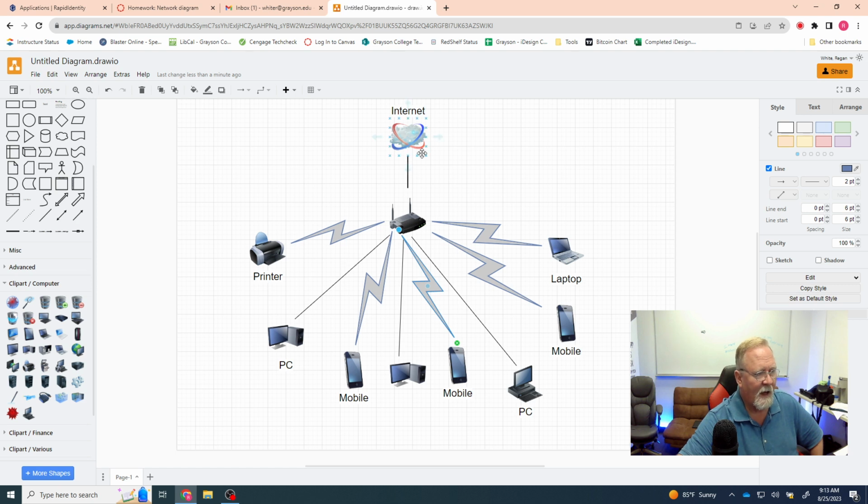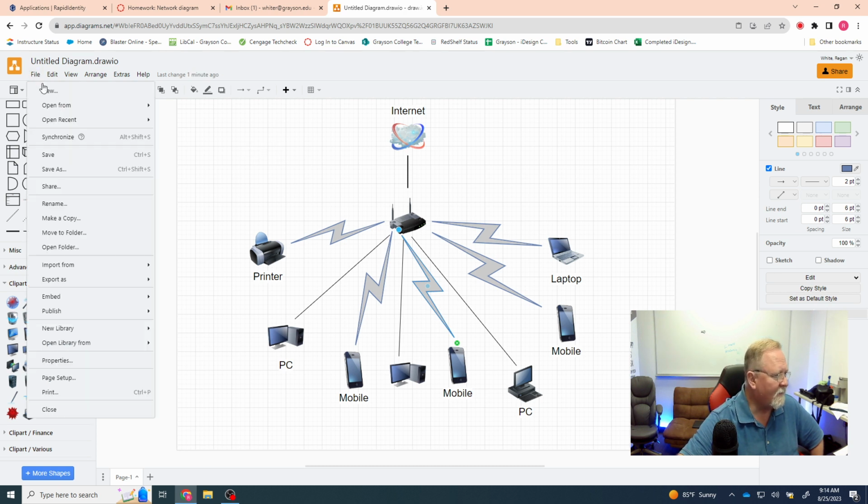So at my house, I have the internet coming into a router. I have a wireless connection to my printer, to my laptop, to my wife's and my son's mobile phones, and then I have wired connections to our PCs. So that would be an accurate depiction of our network. And so now what I want to do is I'm going to save that,